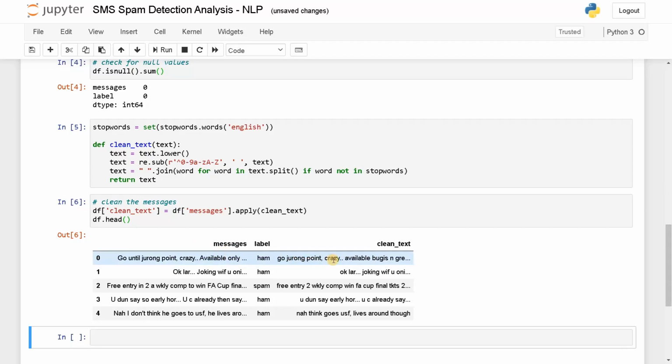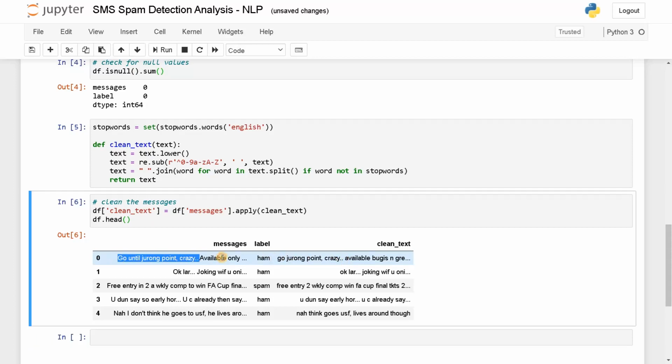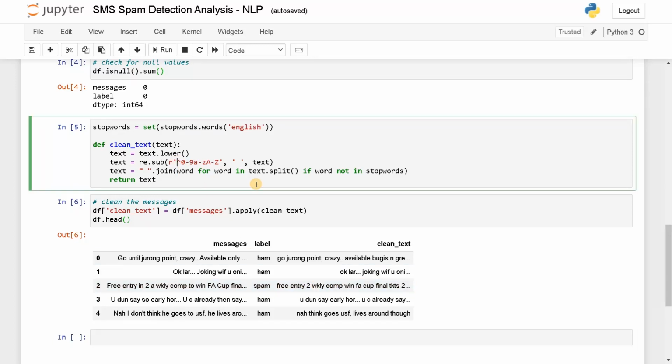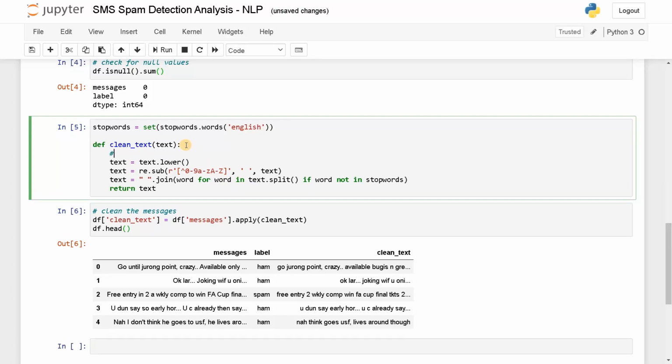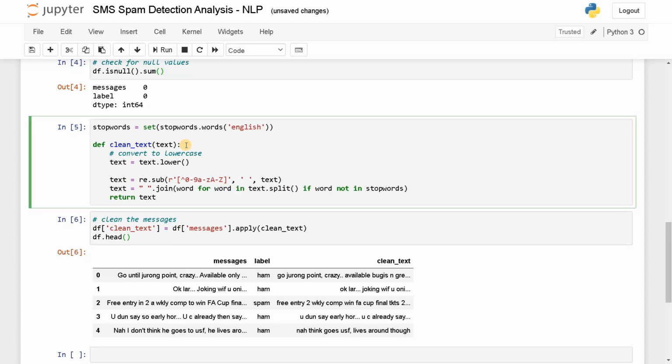Yeah, I guess it didn't remove the numbers, but it converted every string into lowercase. So that works better, and it also removes some of the stop words. See, this 'to' is removed, and digits are there. So instead of using it like this, maybe we will add a bracket here. I'll comment this, convert to lowercase. So this will remove special characters,